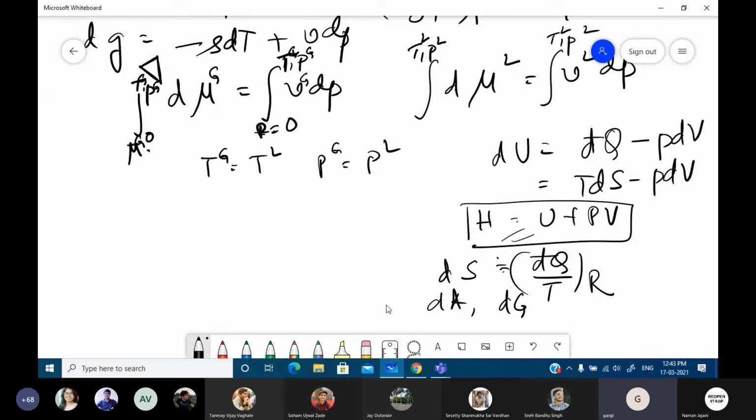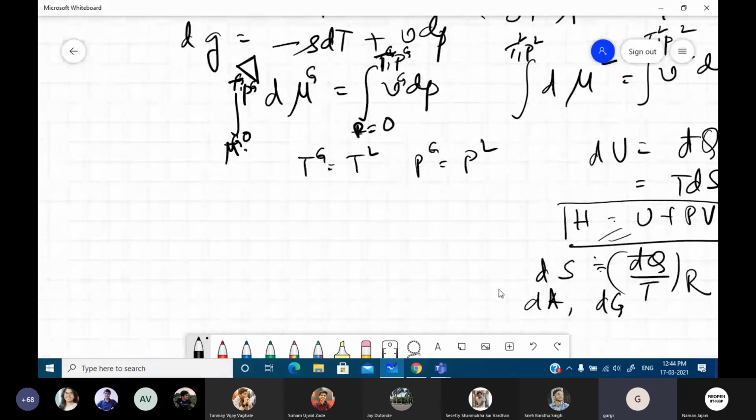All sorts of properties we have defined by means of equations, all these equations relate d of the property to d of something. There are no equations which relate the absolute value of the property to the absolute value of something. And that is where phase equilibrium thermodynamics is problematic, because every time we have to find out any absolute value of the property, we need to know the value of the property at some lower level of the integral. And this is why we had to introduce the concept of fugacity.